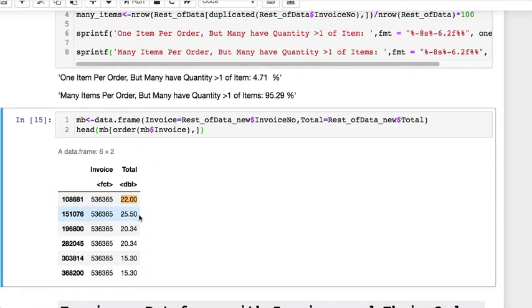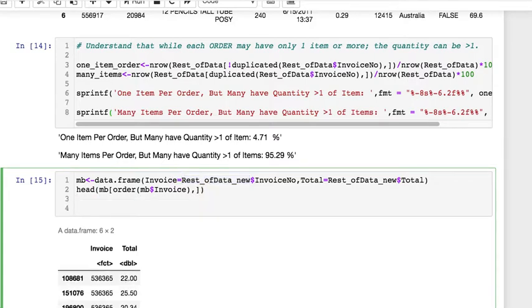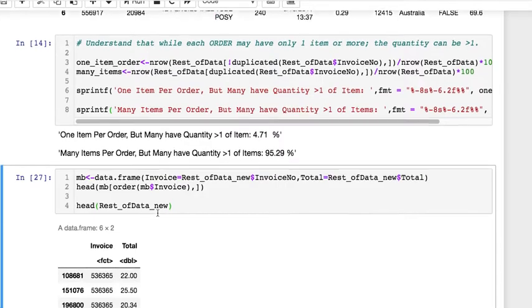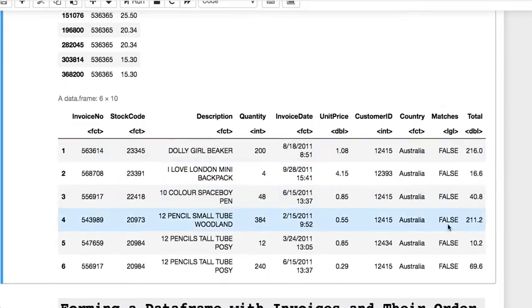So basically what I did is I took each invoice and each total, which were rows. I'll show you what this looks like so you can get an idea of what's going on. From these data that we took last time, I added this column that said matches, and what I was looking for is excluding last time any match that was true, where I had a duplicate row where there was a cancellation and the original order, and I got rid of all of those because it would mess up my